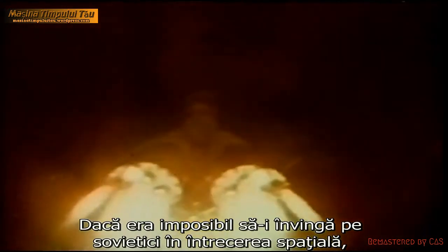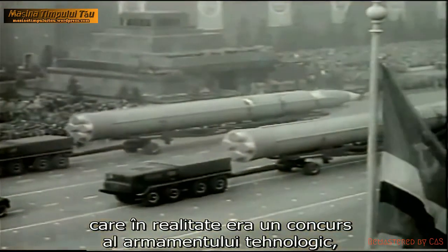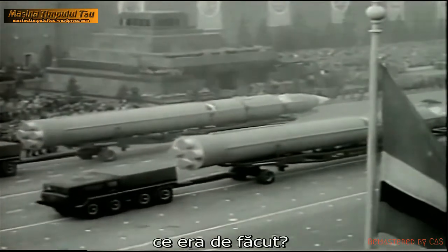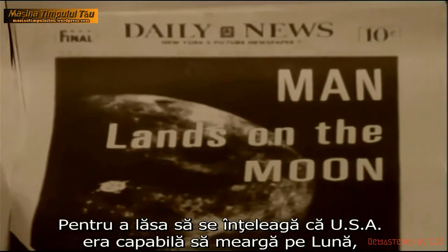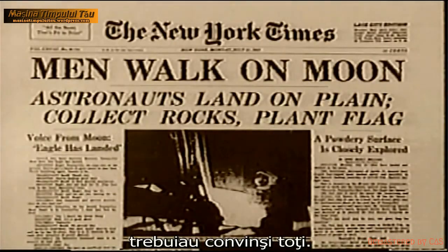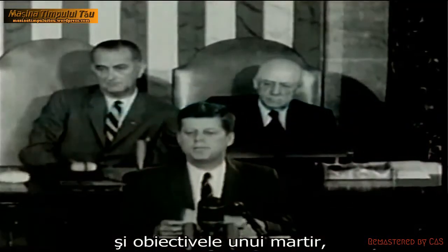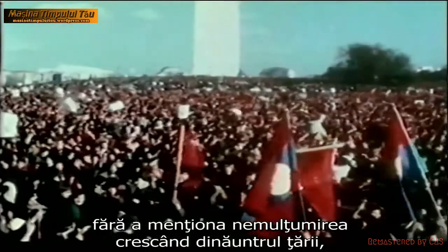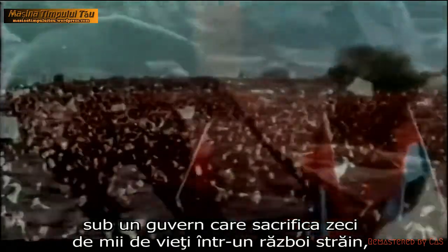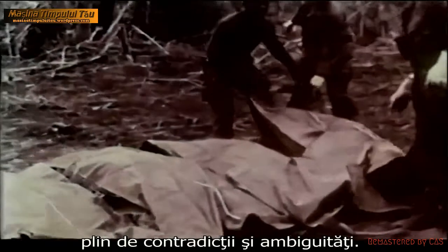If it was impossible to better the Soviets in the space race, which was really a race of technological armaments, what could be done? In order for them to believe the United States had the capability to go to the moon, everyone would have to believe it. Furthermore, the pride of a nation was at stake, and the goal of a martyr, not to mention the growing